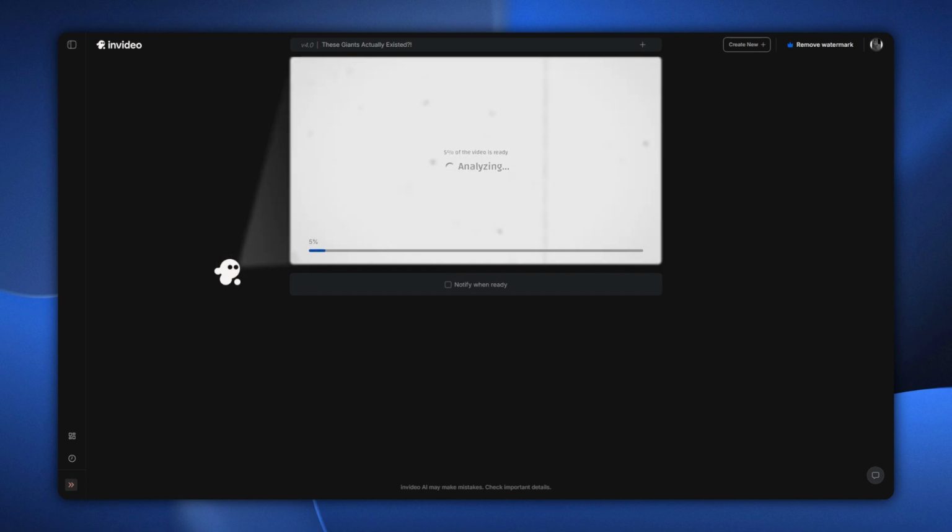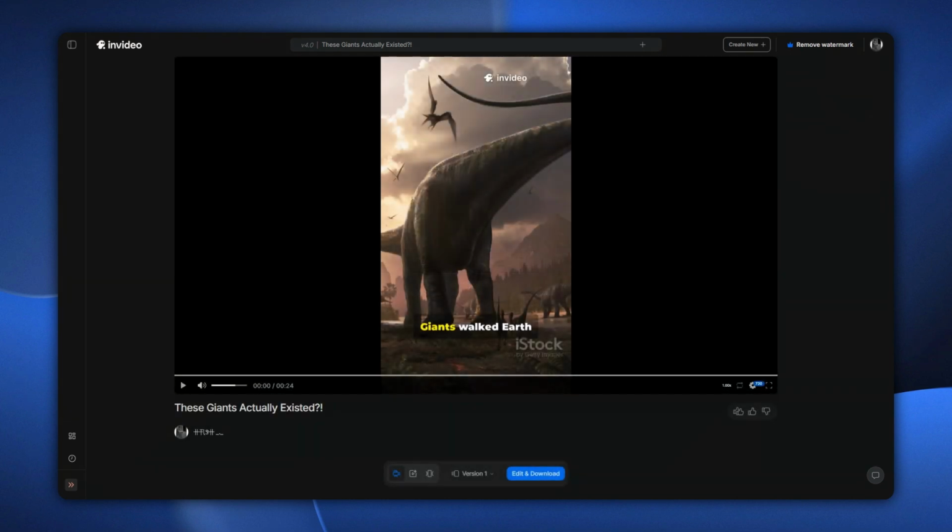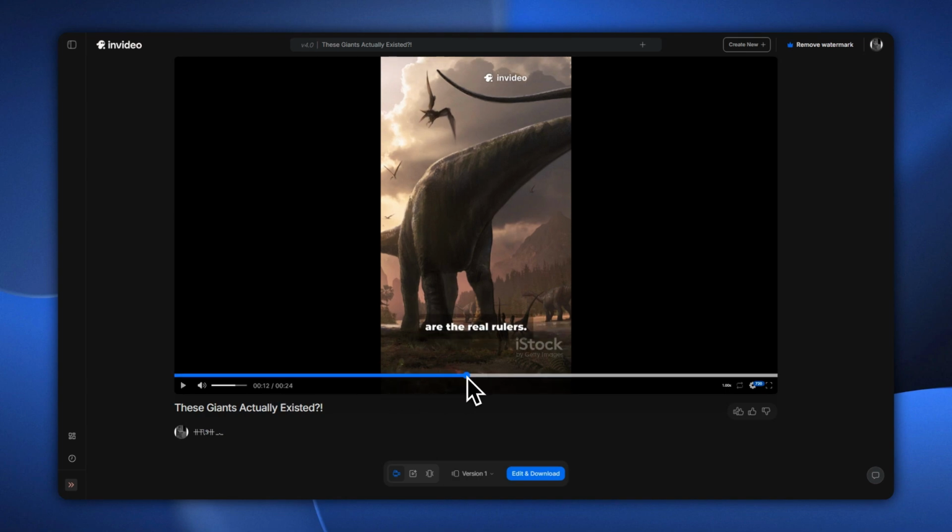During this time, the AI is analyzing your prompt, selecting visuals, generating narration, and assembling the footage in a coherent sequence. Once complete, the video is ready to preview. The AI has created the script, matched stock footage, added narration, captions, and music, and edited everything automatically. This instant preview allows you to see how your vision has been brought to life and ensures you can make